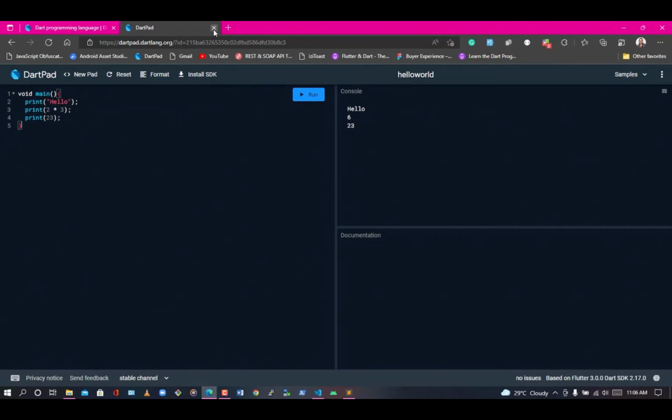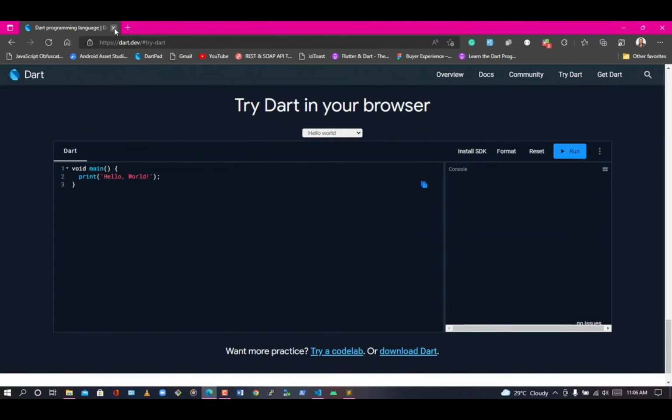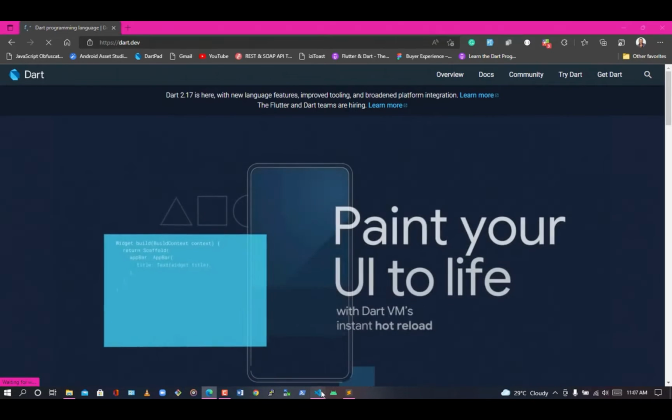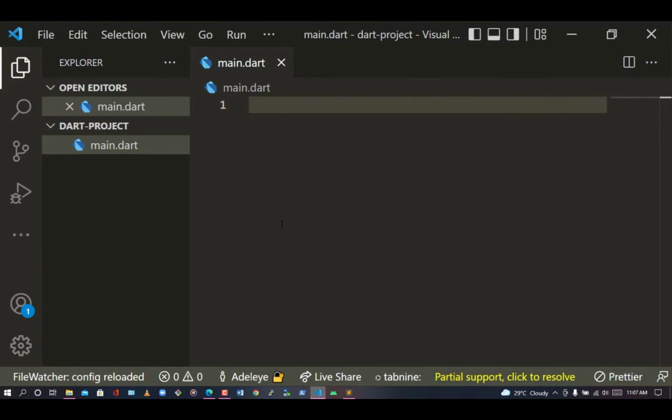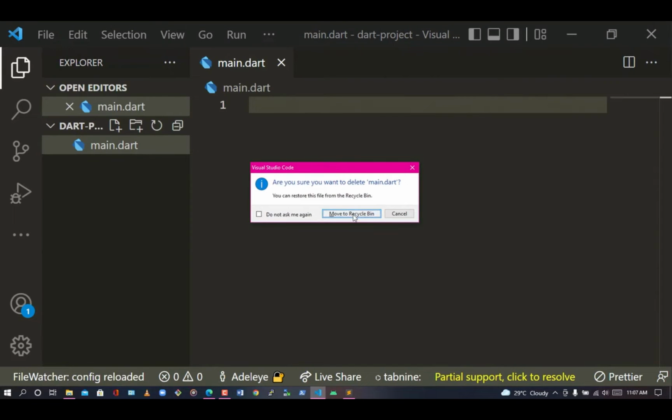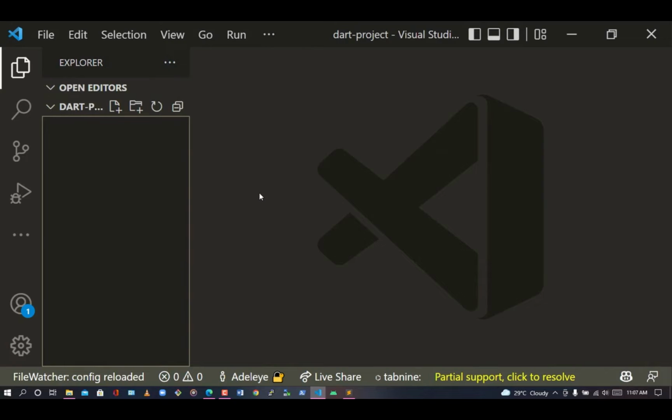So I'm going to close this tab. Let me leave the home page as it is. Go back to my main area, which is main.dart. So you create a new folder. I created a new folder, Dart projects. Then I have this file, main.dart. So let me start all over. I'll take out this file so you will not be confused about the file. Now, as you can see, I have no file in my directory. So I'm going to create a new file called